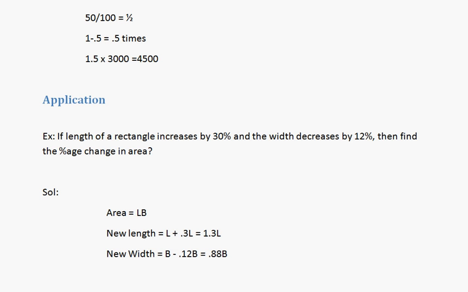So the new area would be 1.3 into 1.3 L multiplied by 0.88 B, right? This is the new area. We have to calculate this and just solve the question. So if you know the table of 13, 13 into 8 is 104, it would become